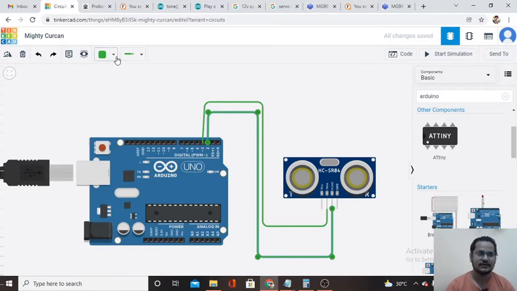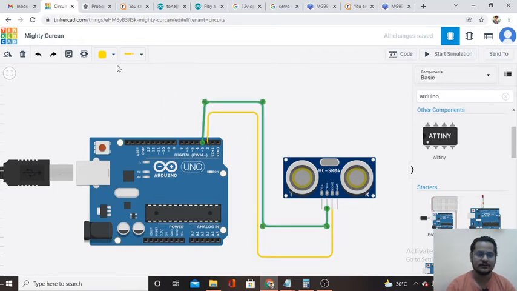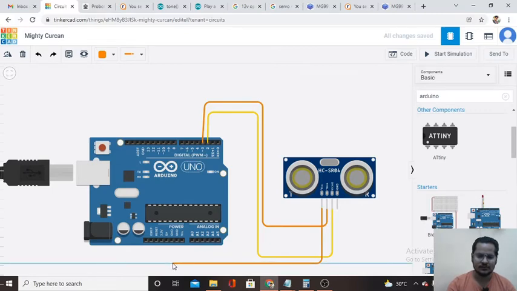Let me change this color. The echo pin will be yellow and the trigger pin I will make orange. So trigger is connected to pin number 3, echo is connected to pin number 2, and then let me connect VCC to 5 volt. VCC will be red. Then let me connect the ground pin.